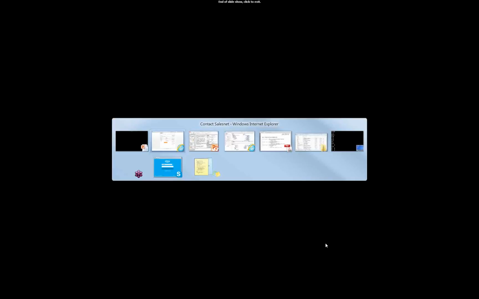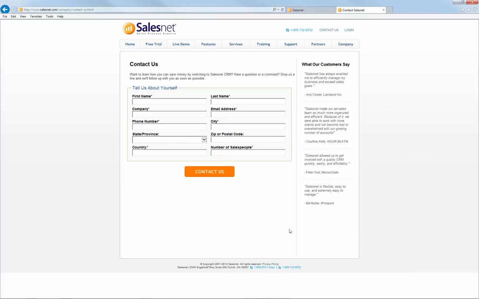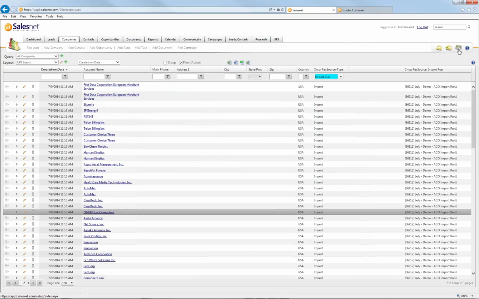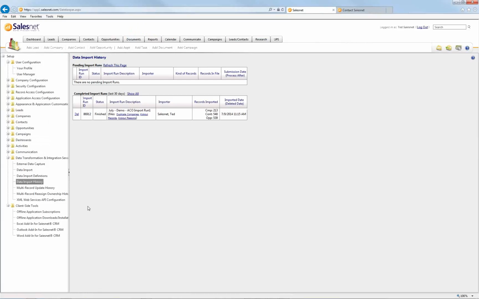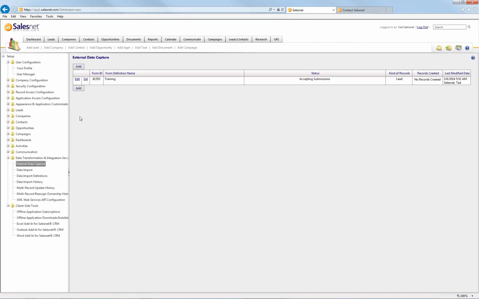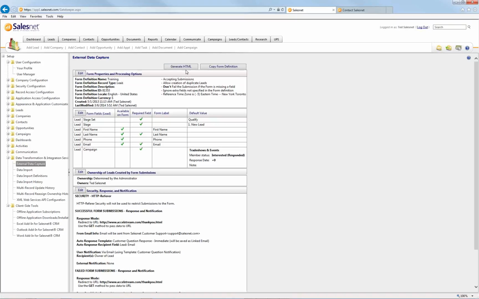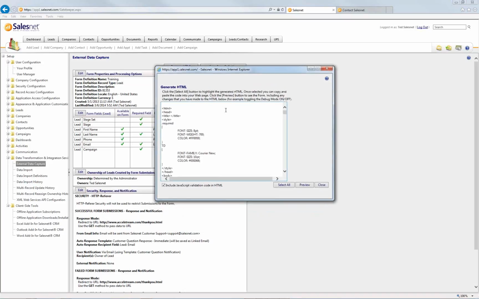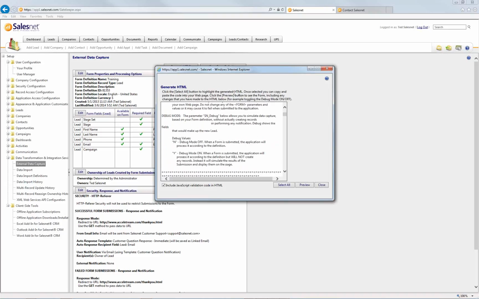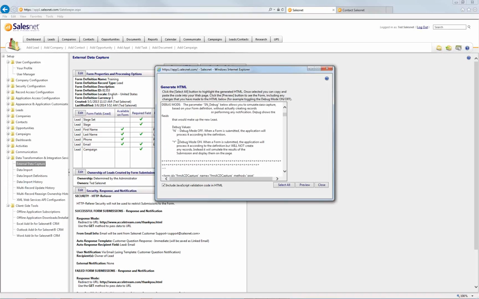So let's look at the form that we have inside of our demo account, because the one thing I didn't show you in the slideshow was how to generate the HTML. So external data capture, if I go edit this one, you'll see generate HTML at the top. That just brings you a pop-up and you just copy paste this into a text file and send it on its way. The thing to remember, and it's given you a note here and I'll also mention it below, is